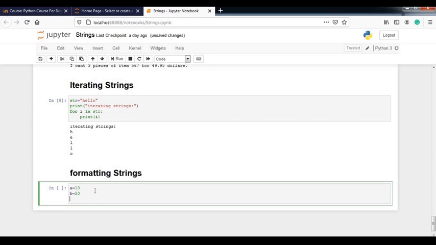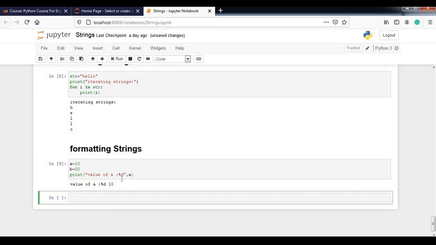Okay, so what you do, print value of a percentage d. Okay, so value of a percent.